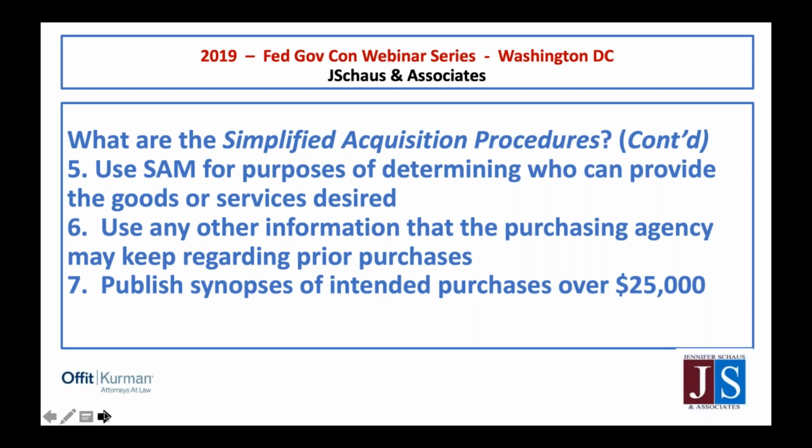If anything that the contracting officer wishes to purchase under these procedures is in excess of $25,000, then as part of this process, prior to buying that good or service, a synopsis of what it's seeking needs to appear online in some way. It used to be that you got it through Federal Business Opportunities. Now, generally speaking, you're going to get it through the System for Award Management. Okay, Mallory, if you can advance the slide.